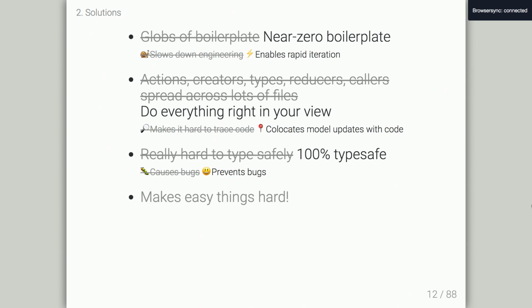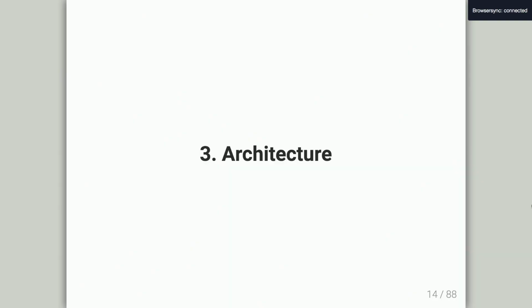So we co-locate. The other thing is 100% type safe. So you put your types in one place. It's flowed from there. We use some pretty advanced type system features. There's 2 languages in the world that can express the stuff that Undux does. It's TypeScript and Flow. There's no other languages that can express this, which is pretty cool. So we get to use our really cool type systems to their full advantage. So I think overall it makes hard things easy.